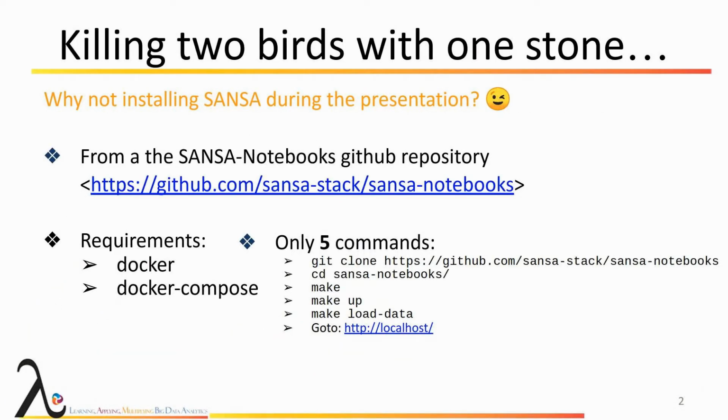Just before jumping in, if you want to follow directly on your laptop, or to play with the notebooks when we will be playing with them a few minutes later, you can also download it. Kill two birds with one stone and download it directly on your laptop following those few commands. So let's jump in now.